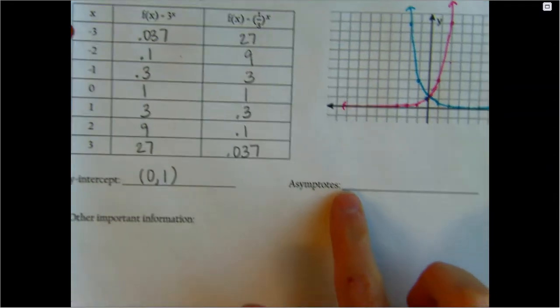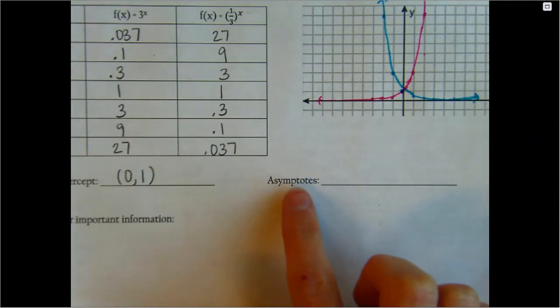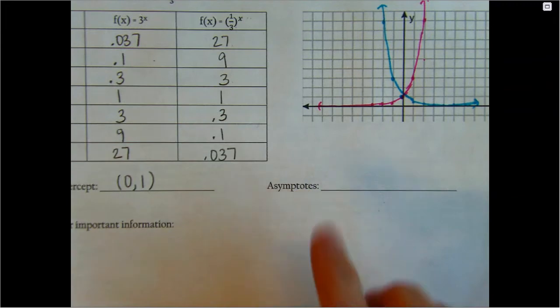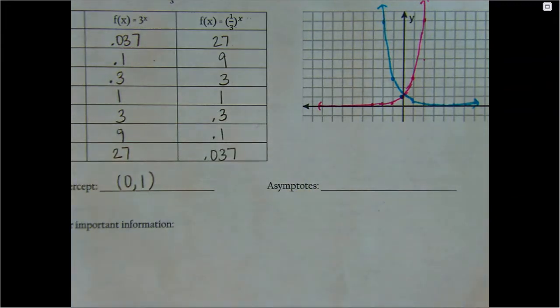Now, when we talked about rational functions, we introduced this idea of an asymptote. Remember, an asymptote is that line that your function never really reaches because there's some mathematical issue with where it levels out, right? So when we're looking at the asymptotes here,